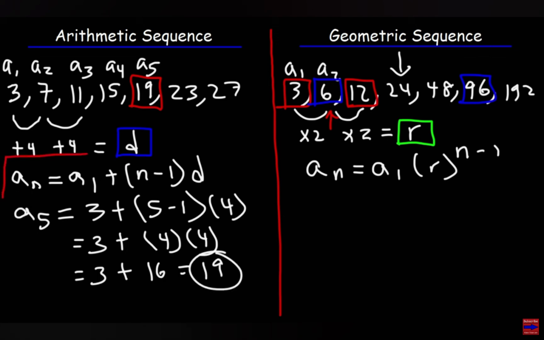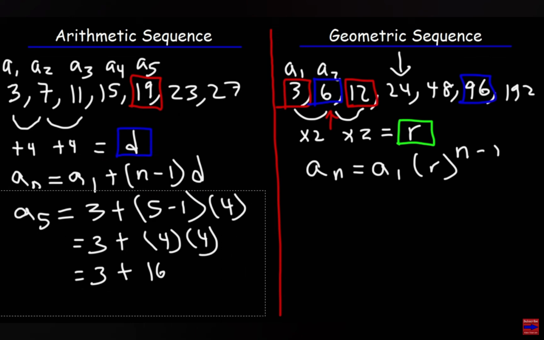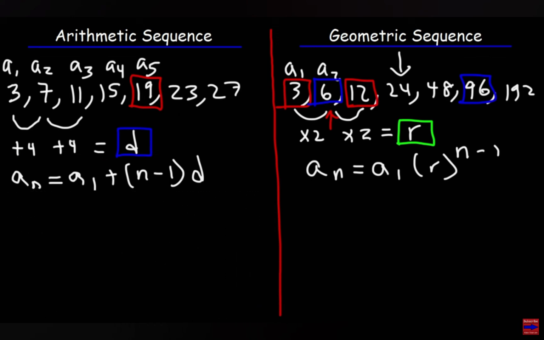So this formula gives you any term in the sequence. You could find the 5th term, the 7th term, the 100th term, and so forth. Now, in a geometric sequence, we could use this formula. So let's calculate the 6th term of the geometric